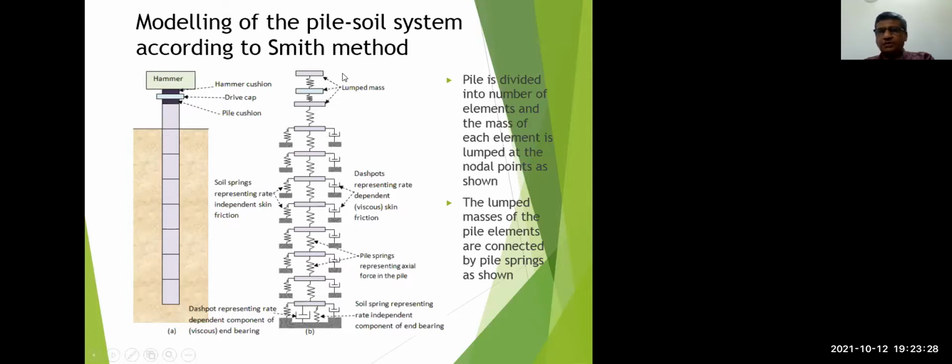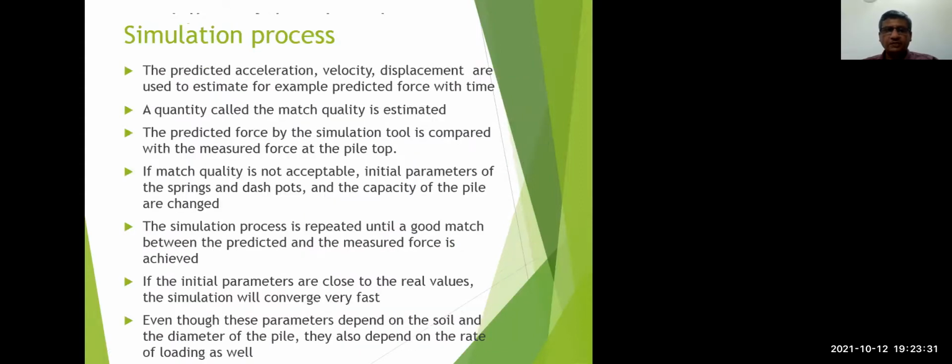what is called a match quality, right? So you can determine a parameter called match quality. If the match quality is not acceptable, you will change the initial parameters and then do the matching again. You carry out this process so that the match quality is acceptable, and the predicted parameter, say force, is equal, or equal within certain limits, to the measured force, right? So you do this particular matching, and